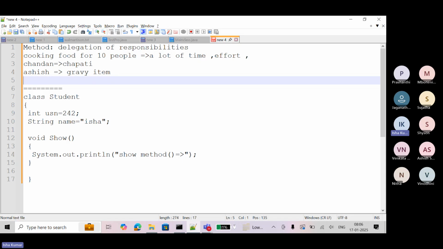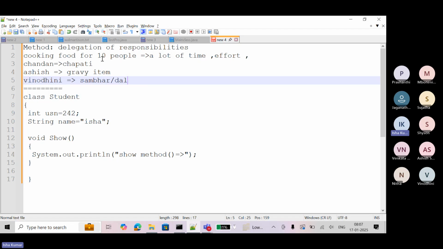And Vinodini, you cook sambar or dal, whatever. So what you are doing here? You are delegating your responsibilities, whatever task was allotted to you for 10 people.